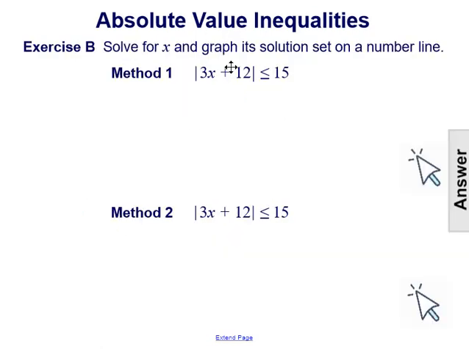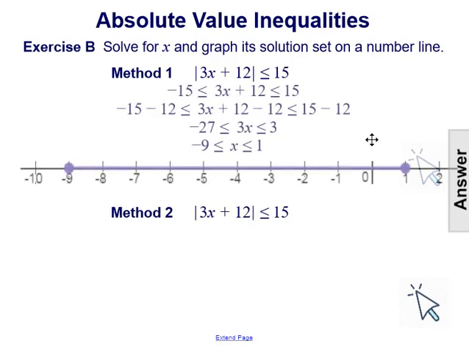Here's another example. We have the absolute value of 3x plus 12 is less than or equal to 15. Now there's actually two different methods to solve this, since 3x plus 12 has a common factor, so we can use that to our advantage. Let's see the first method where we don't rewrite the absolute value inequality. We just keep it 3x plus 12. So that would be negative 15 is less than or